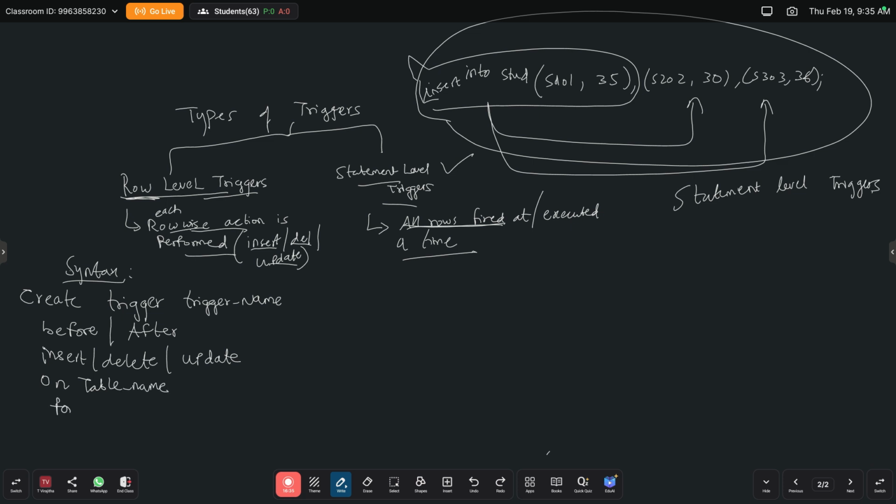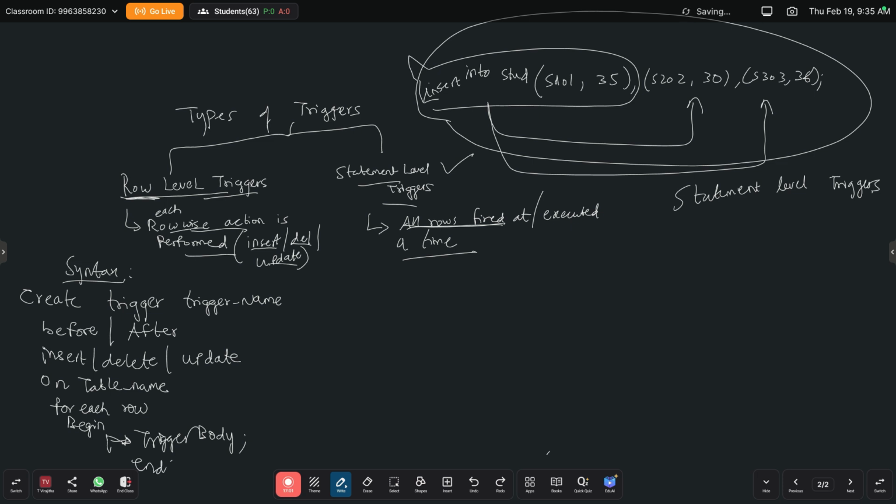For each row is a command that we need to use automatically. For each row, begin. In this begin, whatever the insert statements that we are writing, you should write here in the trigger body. So this is called as what? Trigger body. And then after completing all the operations, you need to end.